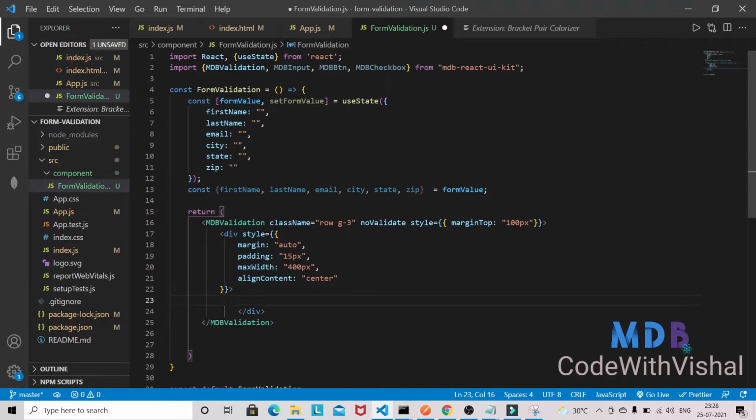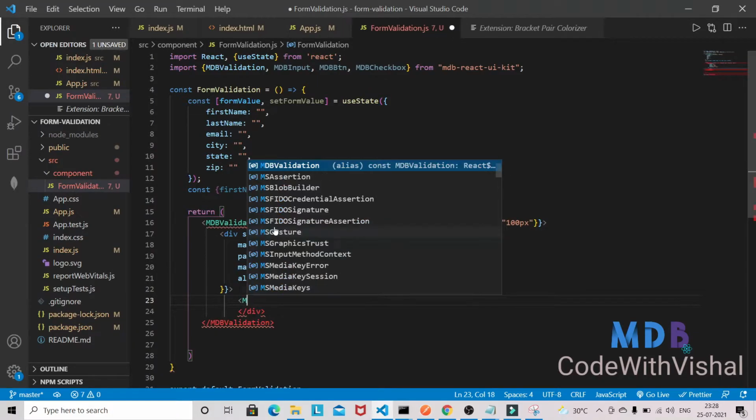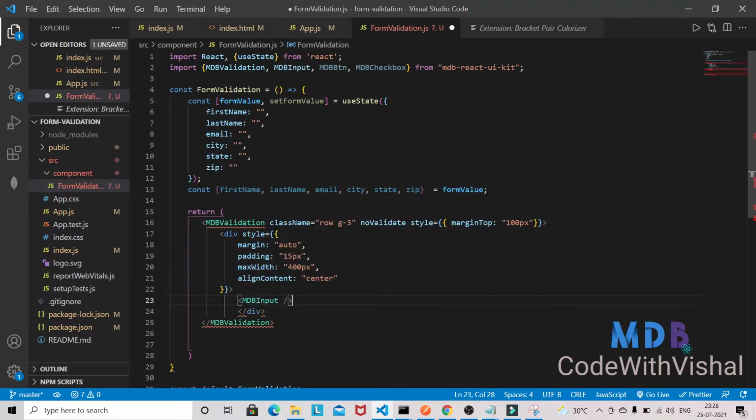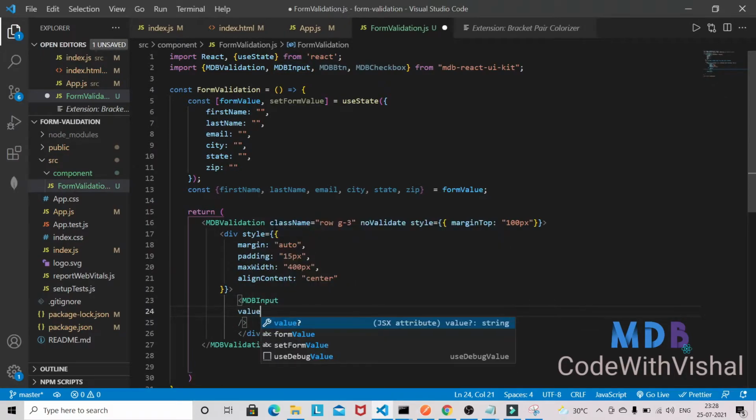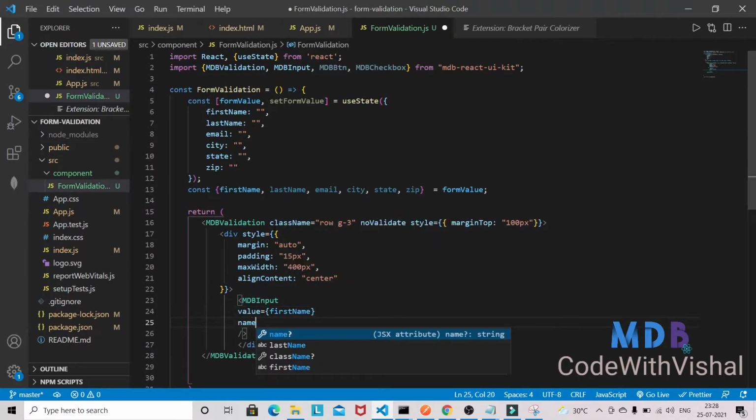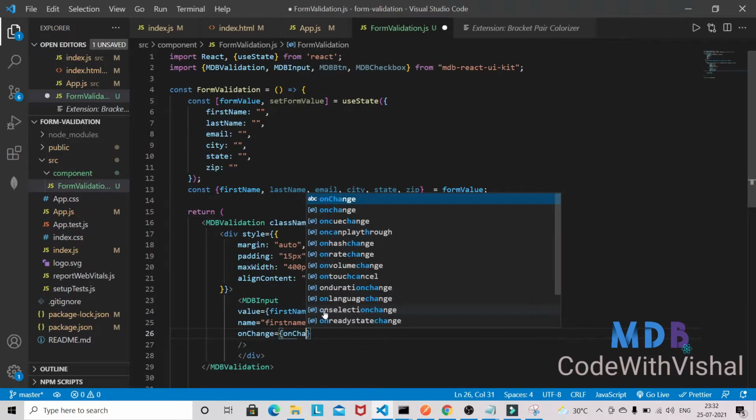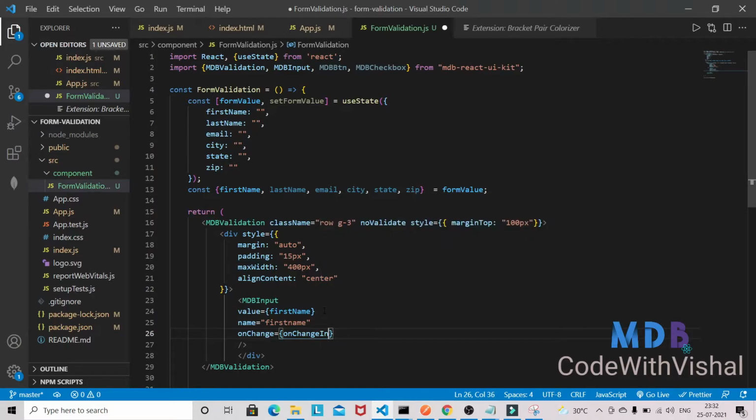And inside this I will have a different input field. So MDBInput, and it will have a value. So value will be firstName. Now we'll have one onChange. We'll define this one later, onChange input.